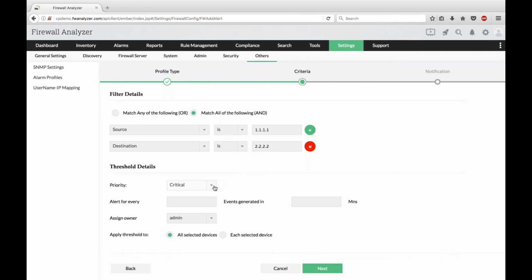Once this part is done, I'll select the threshold values, critical or trouble, and I select the alert for every one event generated in how many minutes of time. So this is one alert just to check the traffic based information. In the same way, if you are specifically looking for bandwidth, like how much bandwidth is sent or received, in the same alert profile,